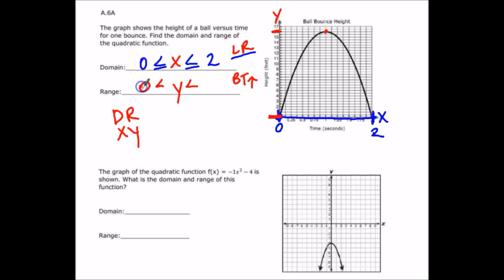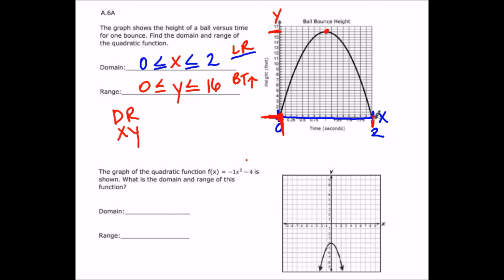It stops at 0. And it goes all the way up to 16. So, it stops right at 0, BAM! Inequality, and 16. If I go across, that's a solid line. It's part of the graph, so it does include that point. So it's included right there. So my range is all the numbers between 0 and 16. My domain is all the numbers between 0 and 2. As long as you know that D domain goes with X and R range goes with Y's,